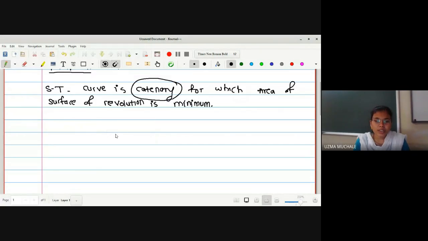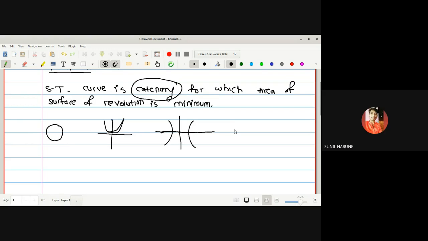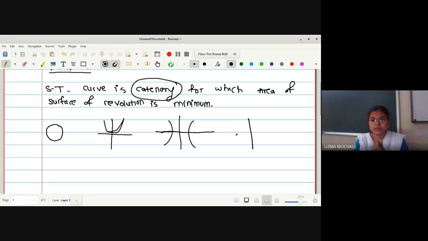Do you know the asteroid, the figure of an asteroid, circle, hyperbola, parabola? Yes, ma'am. Circle, we know. The equation of a circle is also known to us. What is a parabola? There are actually 4 types of parabola. So we can have y is equal to 4x square, that is one type. And what is this? We are having x and y axis. So what is this? Hyperbola. Okay.